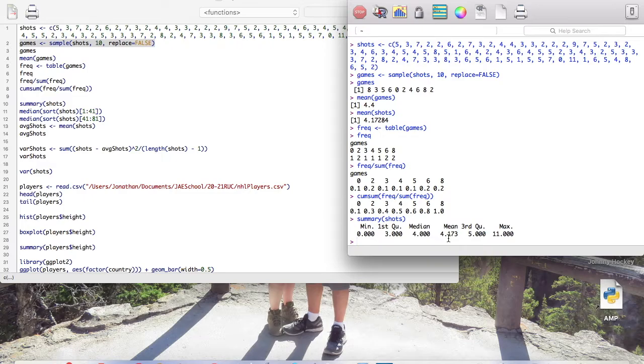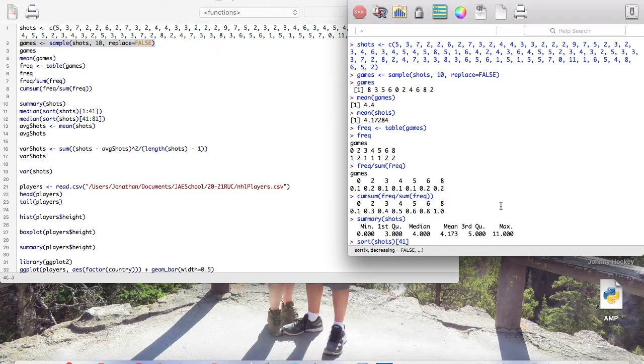Right, so if I were to sort shots and take the 41st entry, one thing to keep in mind is that R starts counting vectors from, in this case, 1 up to 81. If you did this in a different language, you could get the count going from 0 up to 80. So it's worth keeping in mind